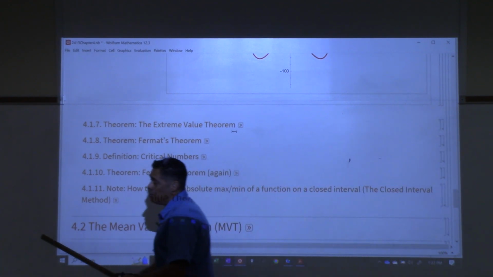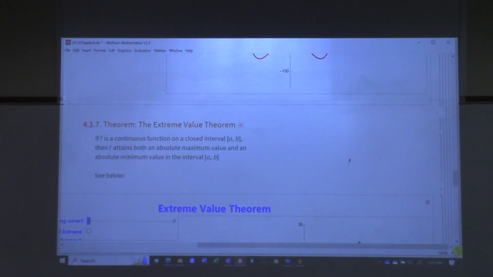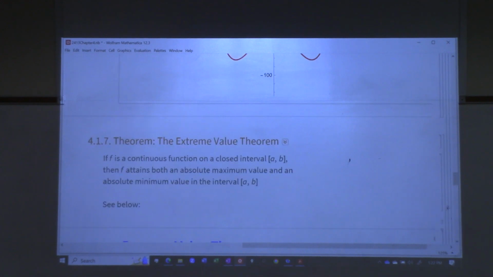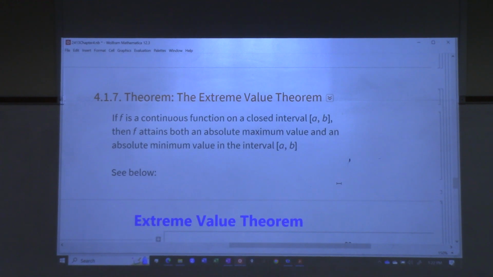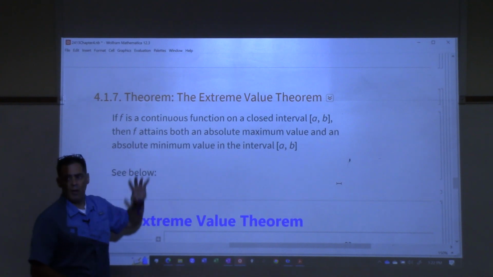So before we can do that, we need to establish some theorems that allow us to do what we're going to try to do. So the first theorem, and a theorem I've said before is basically a mathematical truth, right? Based on our logical system, this has been shown to be true. All right, the extreme value theorem says, if f is continuous,